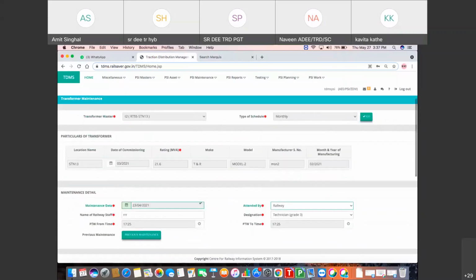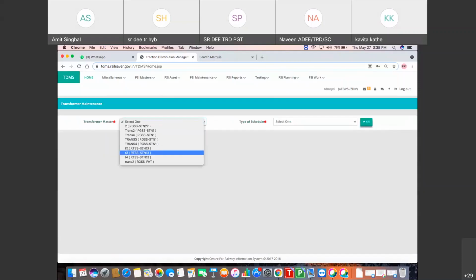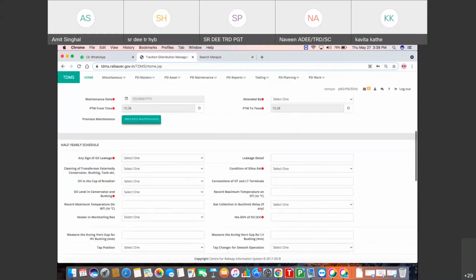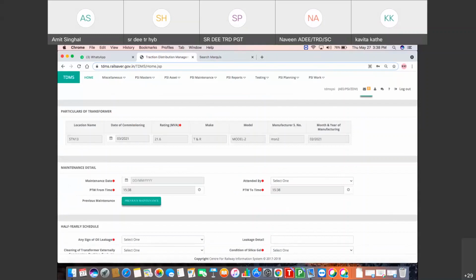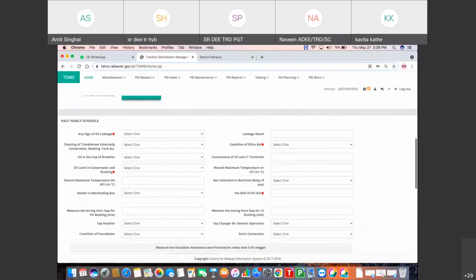Now we will see the other schedules of transformer maintenance. Now we will see half-yearly schedule of transformer maintenance. Here the maintenance details are common for all maintenance and mandatory to be filled by the user.